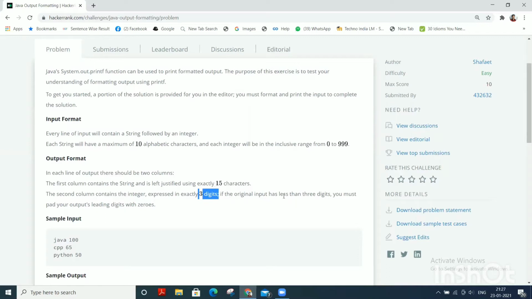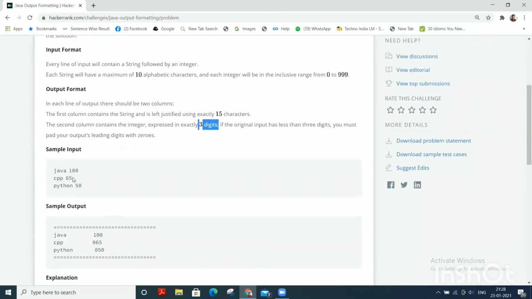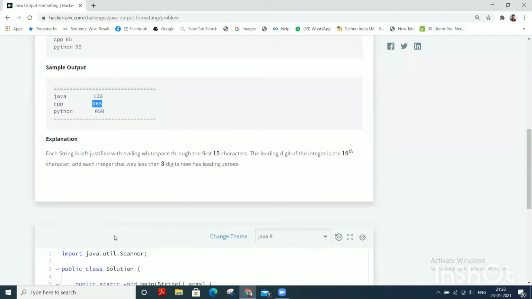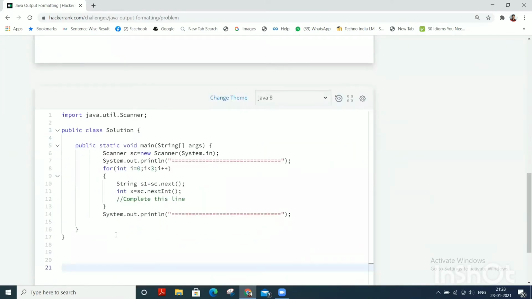If the original input has less than 3 digits, you must pad your output's leading digits with zeros. Here, 65 is two digits, so padding with 0 gives 065. Like this.